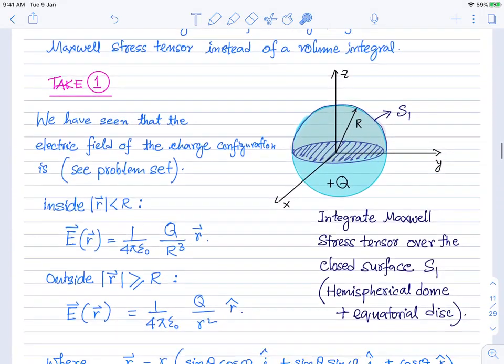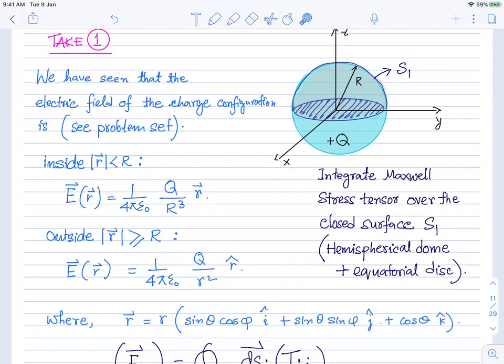So you see, for the charged sphere, we know what the electric fields are everywhere. Because this is a symmetric situation, you can draw your favorite Gaussian surface and find the electric fields. But if you are now an expert in writing down the solution in terms of the potential, then you can find the potential, and from the potential calculate the electric field. This is also possible. In fact, in your assignments, you have done a very similar problem in the problem set, where instead of a solid sphere, it was a more complicated problem. It was like a scooped up sphere,